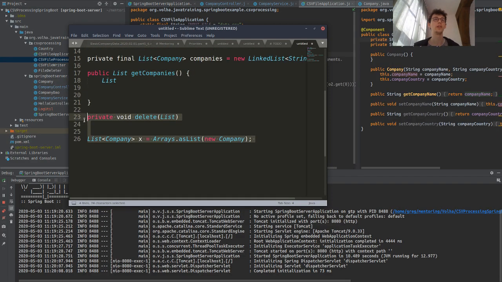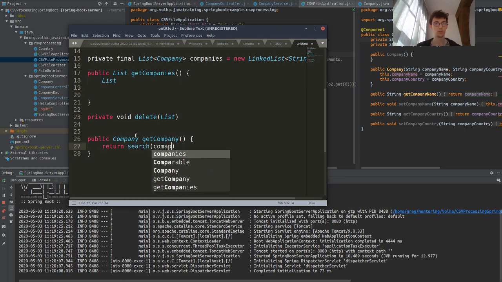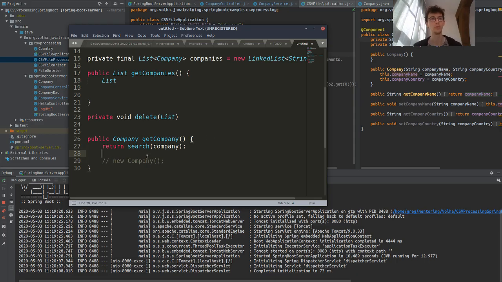because in Java, we have to deal with nulls a lot, right? This is the whole reason we have Optional. I get a method, so let's say I have public Company getCompany. Now, the issue is, what do I return if the company is not there? Typically, in this example, you don't return a new company with nothing inside of it, because that doesn't really make sense, as there's no company. So we return null to represent that. But then the issue is,